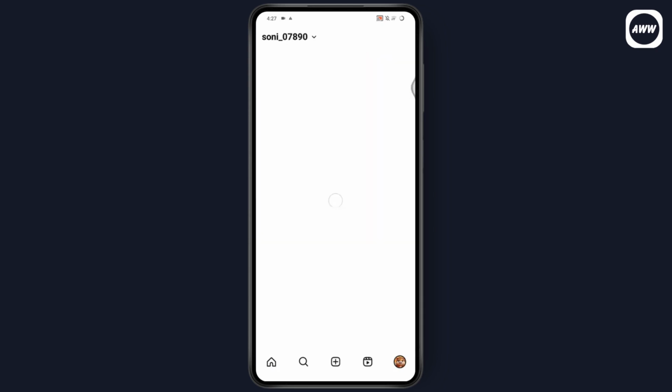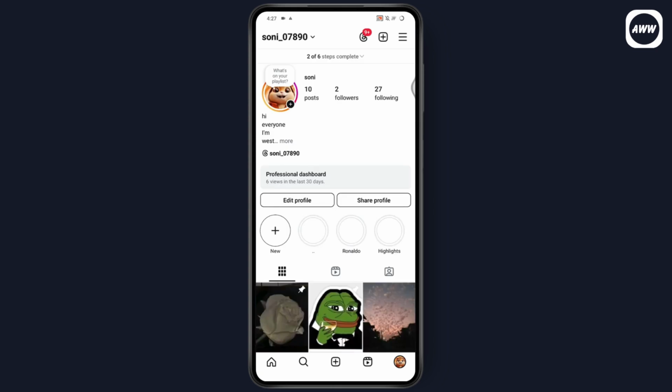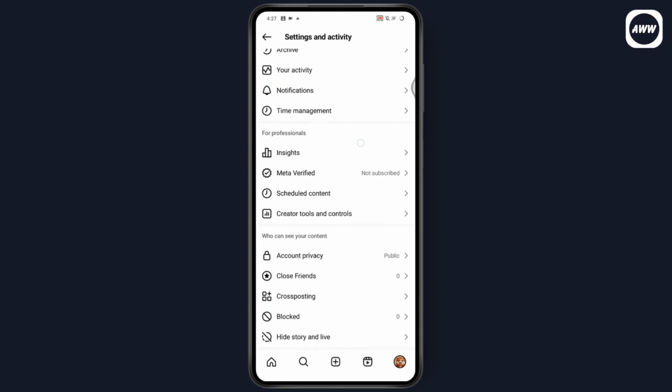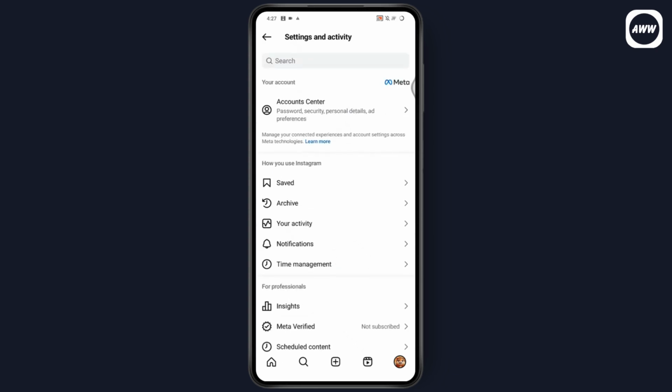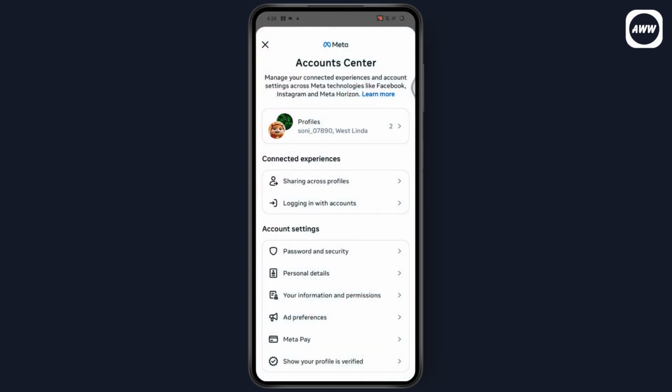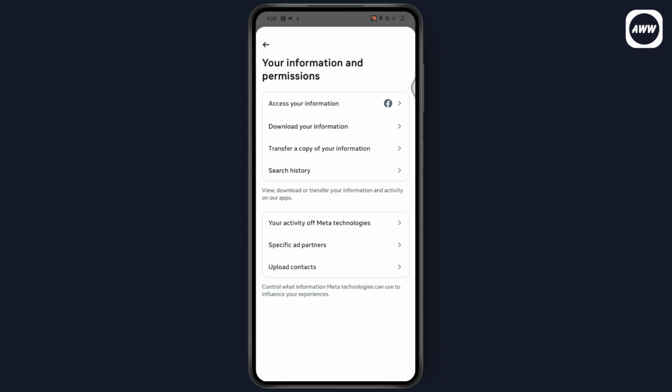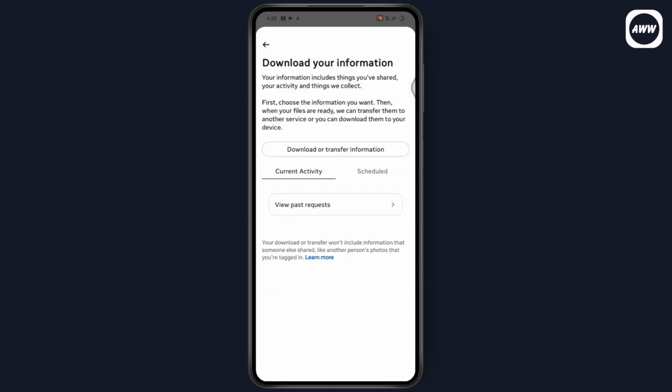After that, you need to go with the bottom right, which has that profile, and then go with the upper right, which has 3 horizontal lines. And now you need to go with the account center, which is on the top. Under account center, you need to go with your information and permissions. Under that, you will have download your information, tap on it, and from here you'll be able to download your